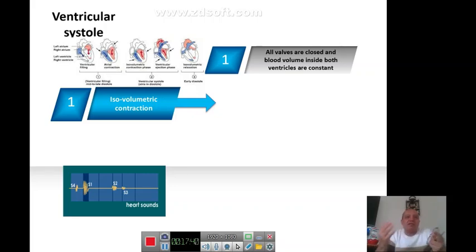In these moments we start a new phase which we call ventricular systole, which actually starts by the isovolumetric contraction phase. So the cardiac systole consists of many phases. Phase number 1, we said, is the isovolumetric contraction phase. What are the major characteristics of the isovolumetric contraction phase? When we say iso, it means constant; volumetric means the volume of the blood in the ventricle is maximum, constant, with no change. What will change at this moment is the contraction.